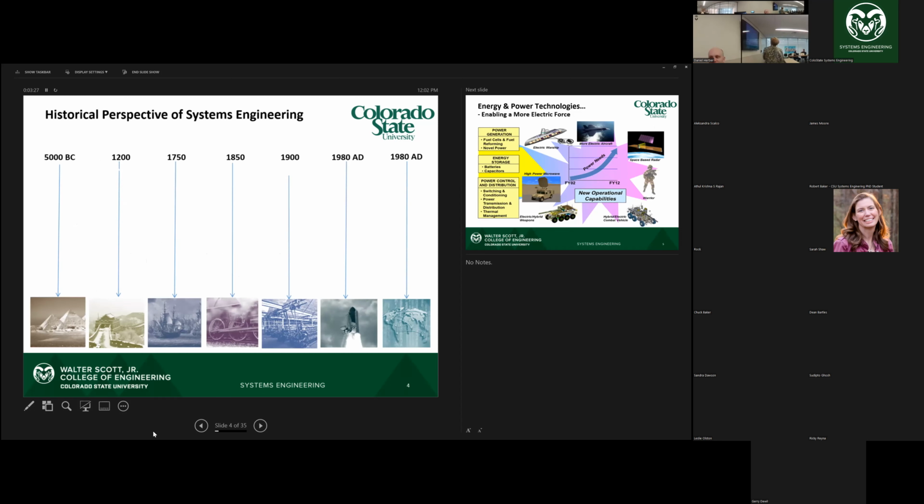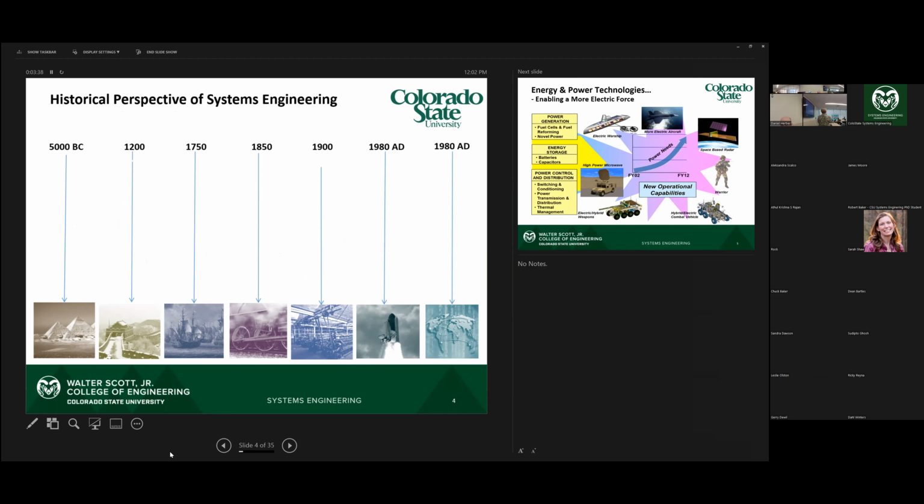So if you actually go back to 5,000 years BC, the Egyptians used a significant amount of systems engineering. And they really realized that the workers they had were also part of the system that they were using to build all these pyramids. And it took them a long time. They had documentation. They knew exactly what they were supposed to do. They knew how to manage their resources. So they also used program management along with systems engineering to build these things. And some of the ways they did it are quite fascinating.